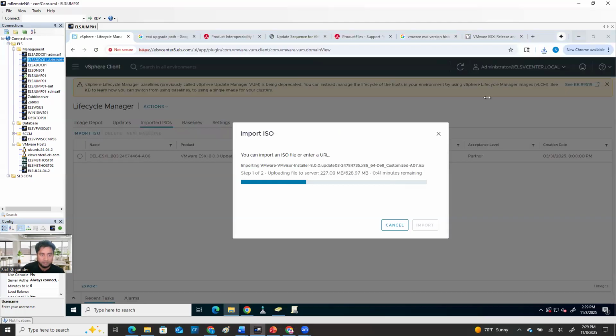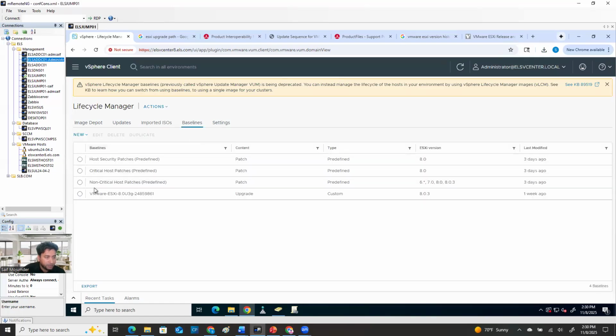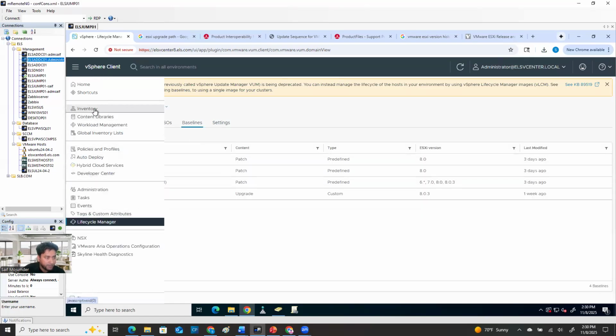I just copy the name. After it's downloaded, then I want to create a baseline, so that will be easier for you. Yeah, actually, you don't need to create a baseline. So when you need to create a baseline, because right now, all right, so now it's adding here, right? S7. So you need to create a baseline, but when it shows here, when you go to the inventory